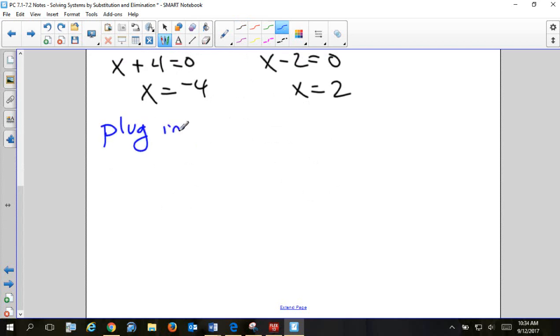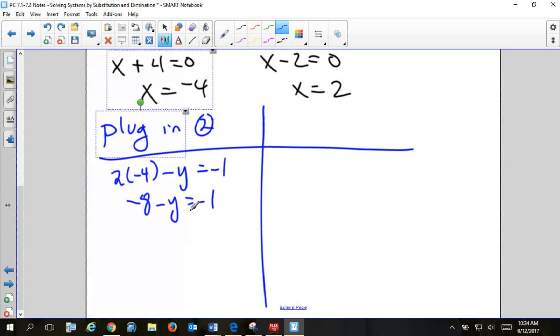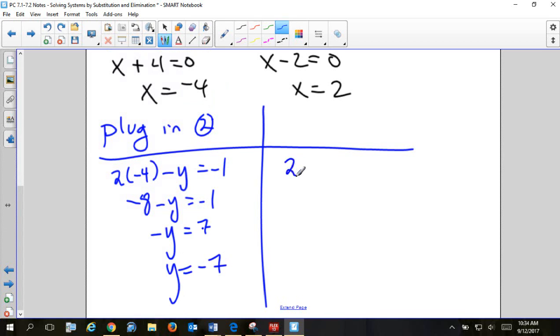Which equation would you like to plug in next? Equation 2? Okay. But we got to plug both of them in. So I'll just try to stay organized here. There's where I'll plug in the first one. So we'll do 2 times negative 4 minus y is negative 1. And move the 8 over. So I get y is negative 7. Other side, same process, just different number I'm plugging in. Move the 4 over, we get negative 5, divided by negative 1, we get